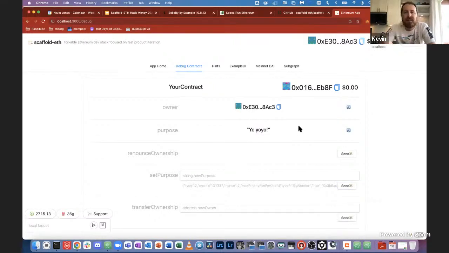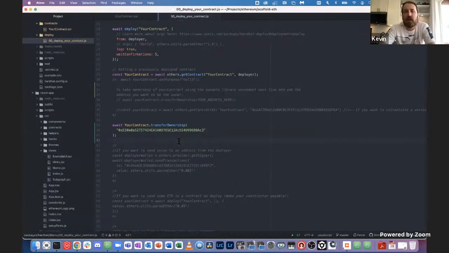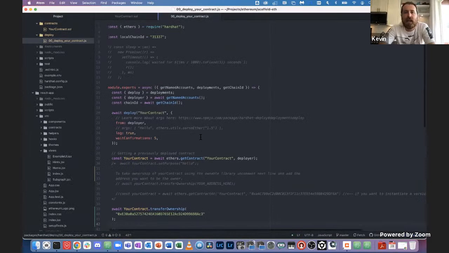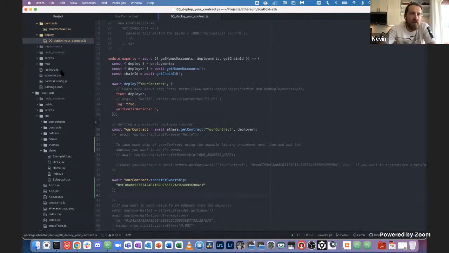So again, this is still kind of a centralized application, and it's not very cool. It's just kind of like, all right, we're doing this. What we might want to do is say, all right, if someone wants to use it, anybody can use my contract, but maybe you need to pay a little ETH to be able to update that variable. So what we can do is go back to our